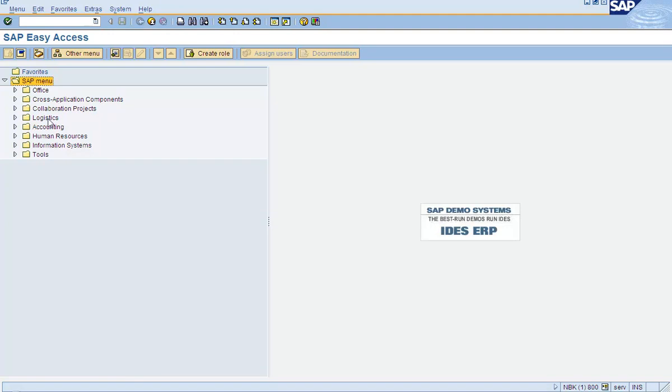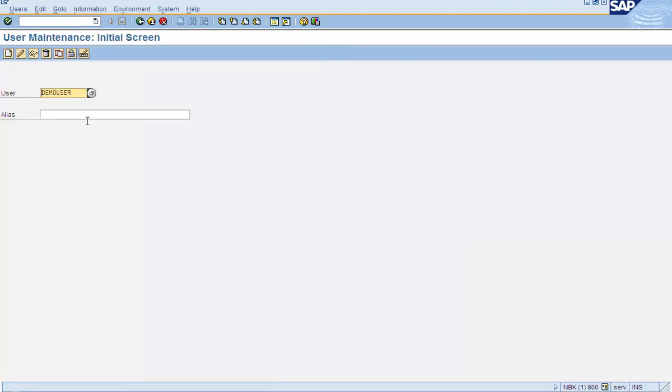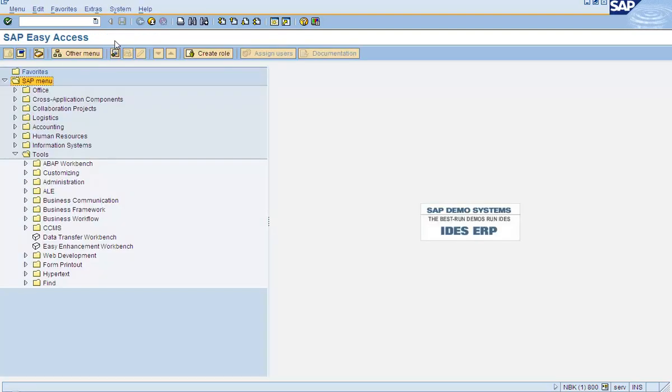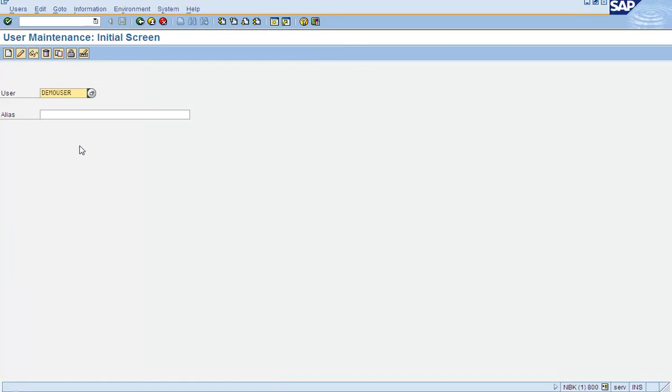Most of the transaction codes that you would execute in this box can be accessed through the menus. For example, if you want to execute SE01, which is for user administration, you can execute the same transaction code by going through the SAP menus and double clicking on it, and it goes to SE01.